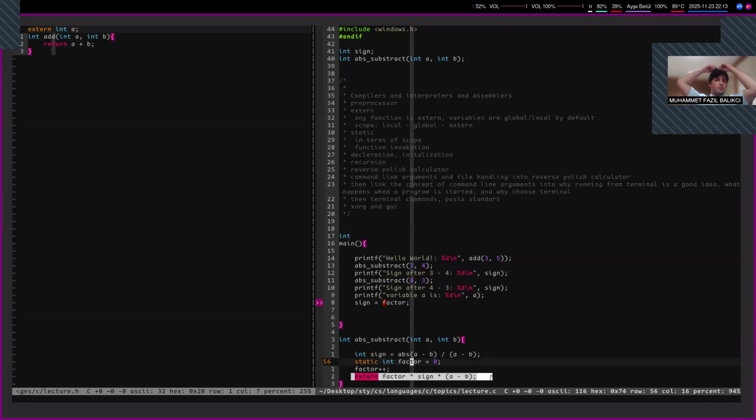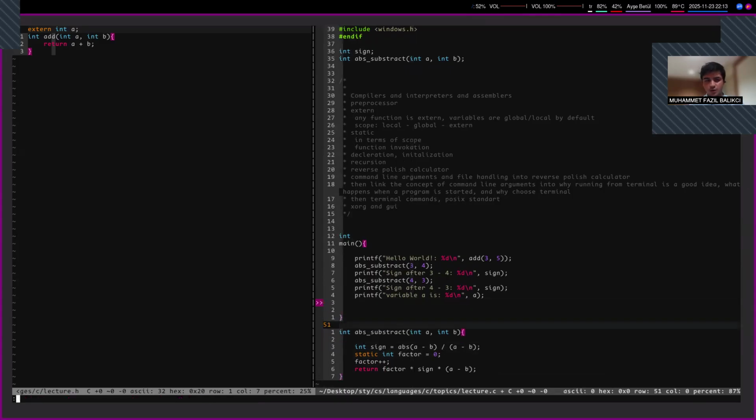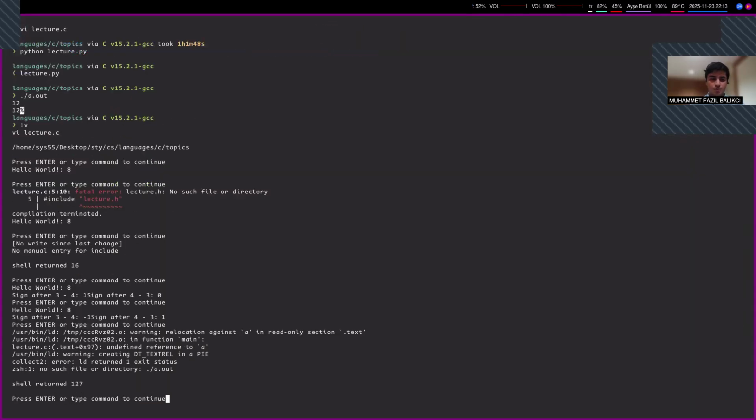You can use this in some programs, although it is not thread safe. We're going to be talking about it more in our writing secure code with C lectures. But it is a useful feature to be sometimes used. And as you can see, factor is not global, it's not in the global scope. It's only in the local scope. But if we run the program, we would see what